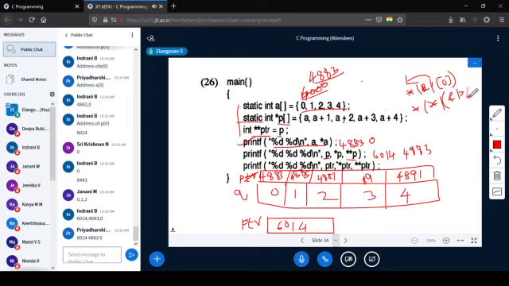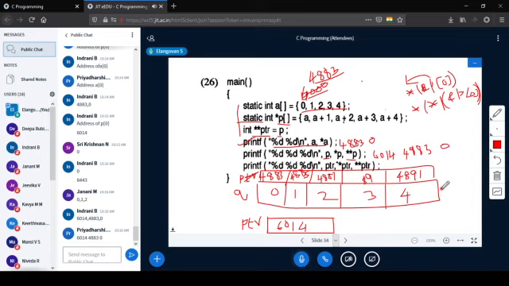So it should be expanded like this, and two brackets you have to close. So first one is address of P of 0. Address of P of 0 is 6014. The value at that address, value at 6014, is 4883. And again value at that 4883 is 0. So you will be getting 0 here. Is it fine?